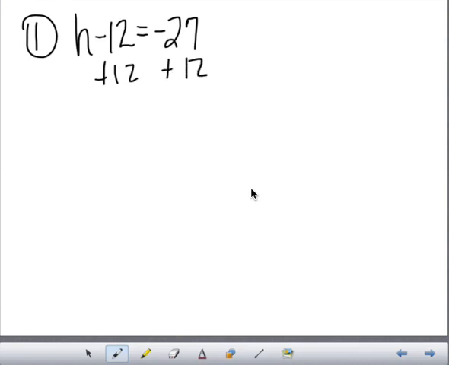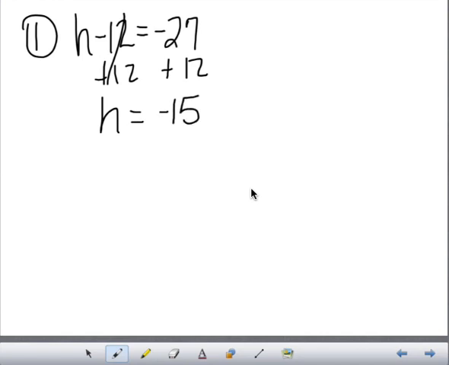Number one on your quiz was h minus 12 equals negative 27. Again, I want to get the h by itself, so I'm going to add 12 to both sides, because what's going to undo subtracting 12? Adding 12. And I can do anything I want as long as I do it to both sides of the equal sign. So those cancel out, leaving me with h is, and negative 27 plus 12 is going to be